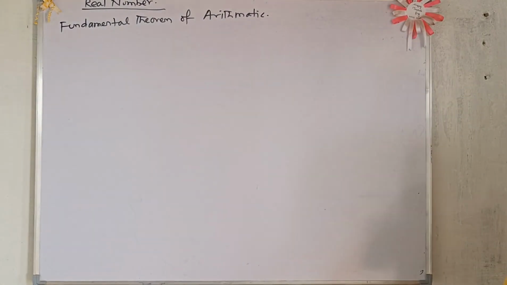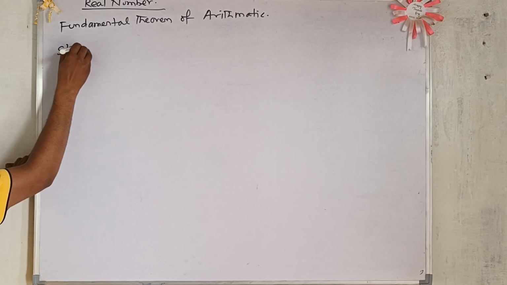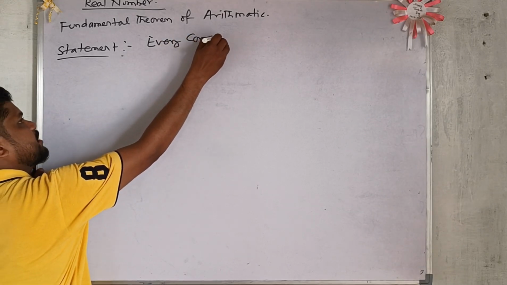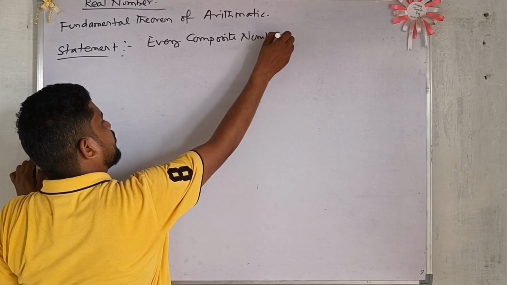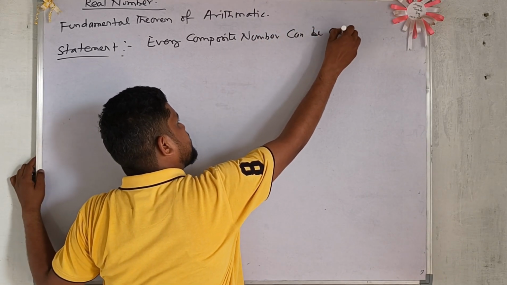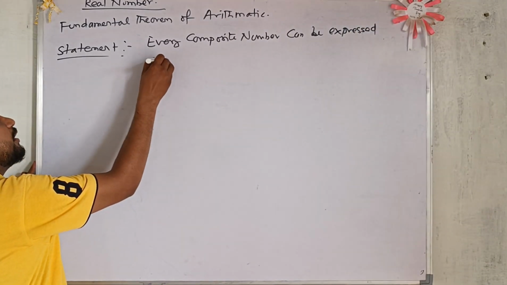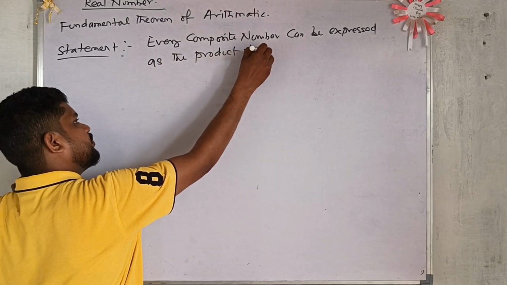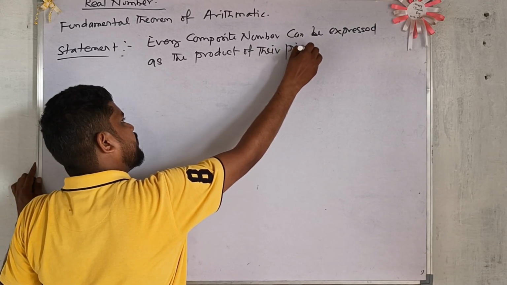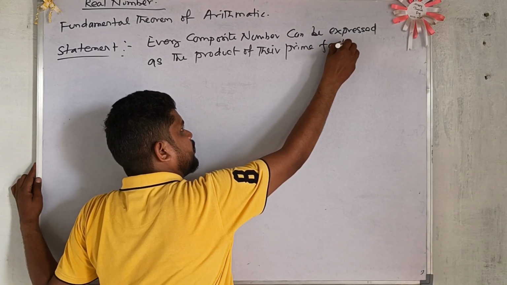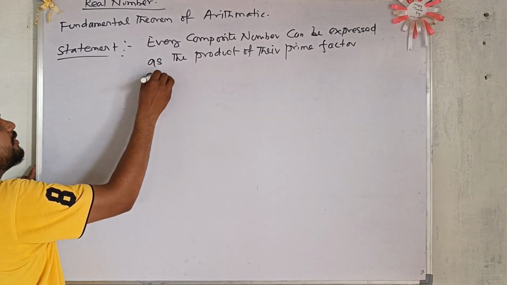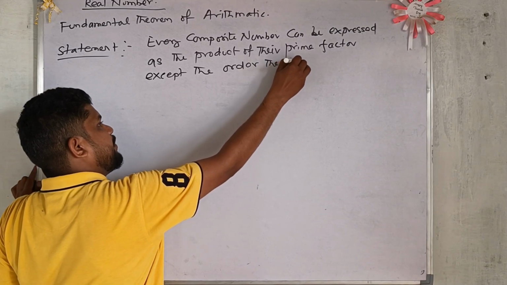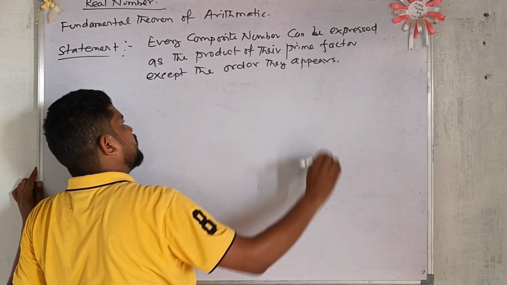So the statement says that every composite number can be expressed as the product of its prime factors, except the order in which they appear. For example,